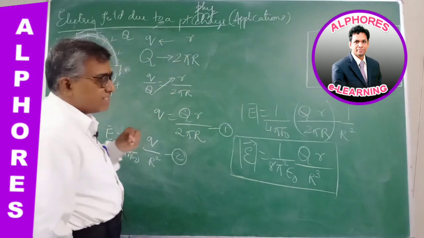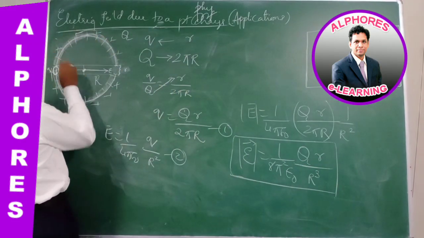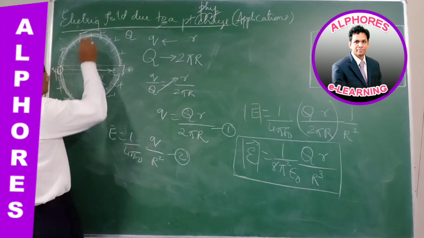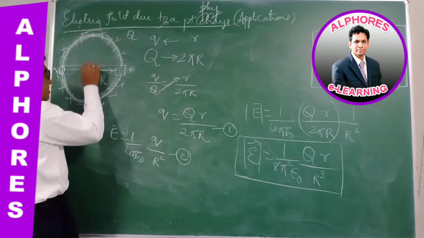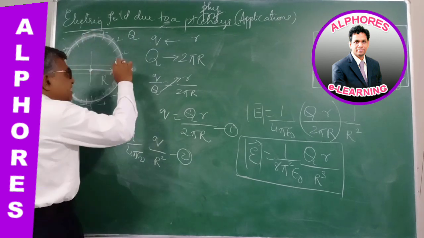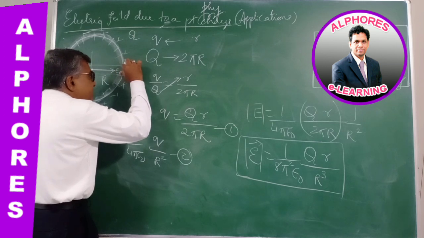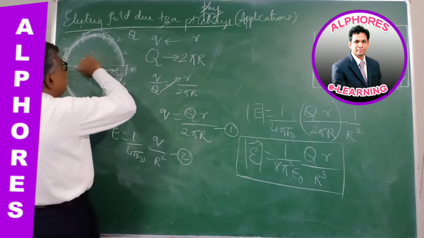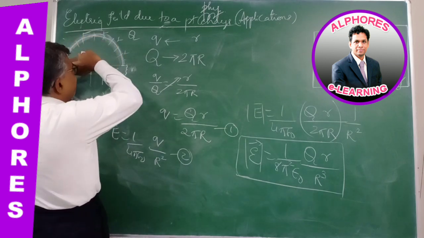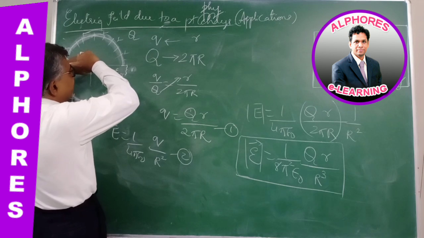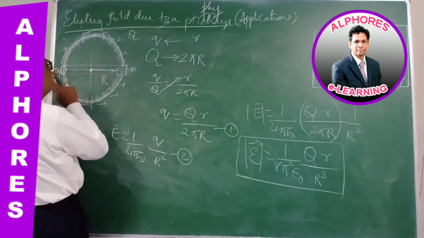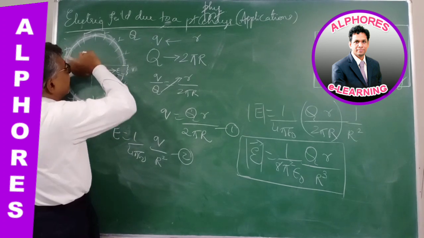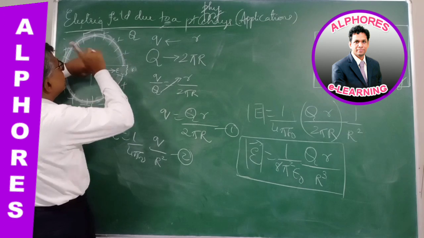Now what is the direction? If the charge is positive, every point will produce a field in the direction away from it. So this part will produce a field this side, and this part will produce a field away from it. Now, this part of the ring is absent, right? So the field due to this part in this direction is absent. But when I consider the total ring, every part will produce equal and opposite fields. So this part produces a field like this, and this part would have produced a field like this. Both must get cancelled. But now this part is absent, so this field is also absent.